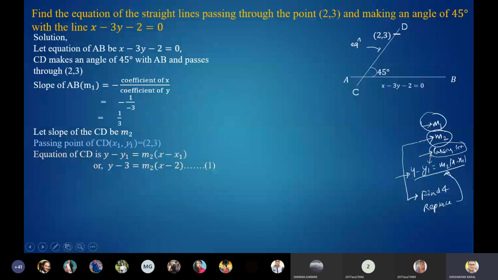So our main target is to find the value of m2 by using some other concept that we have learned there. Okay, please copy up to here. Let us suppose this is equation number 1, so that it will be easier for us to substitute the value of m2 later. Okay, हाम्रो सबै लगभग काम सकिसक्यो.